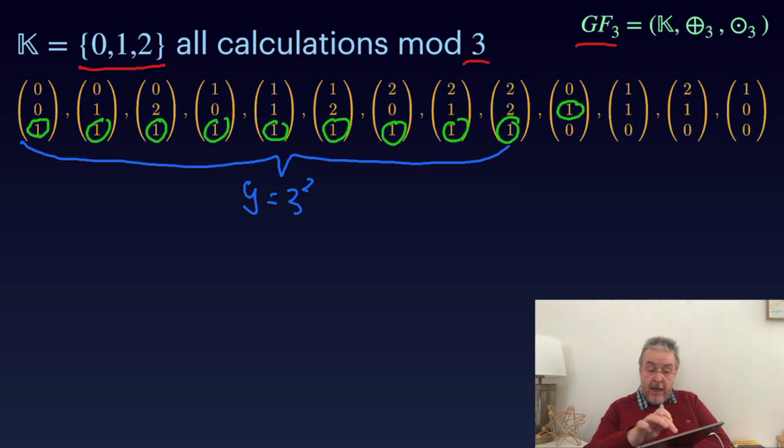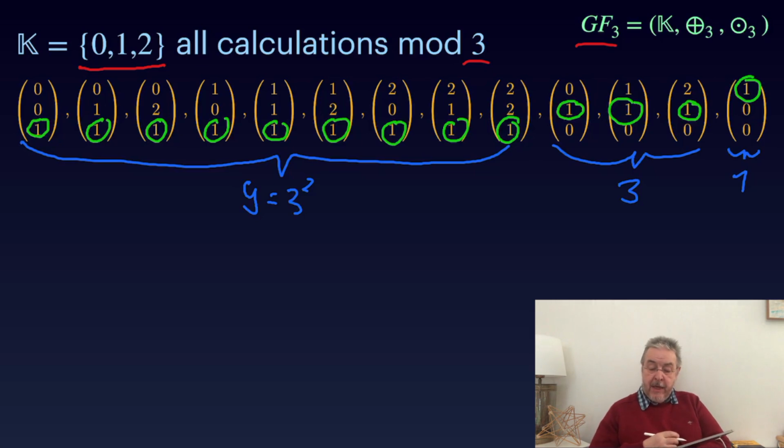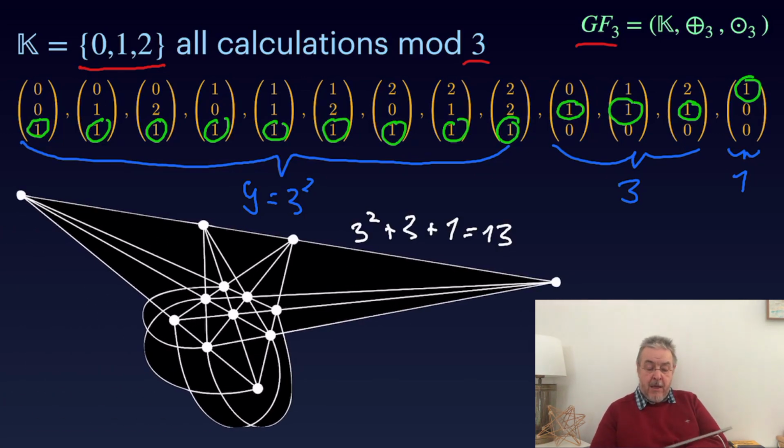So here I have the second entry normed down to 1. The last entry here cannot be normed down to 1 because it's 0. And you see I have altogether 3 choices here. And last not least, here I have the vector with 1 entry in the first spot and 2 zeros below it, and you see it's just one representant that I get here. So all in all, I get 3 squared plus 3 plus 1 is 13 points,